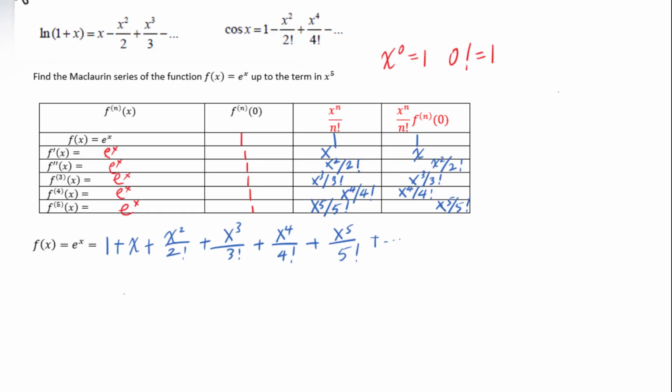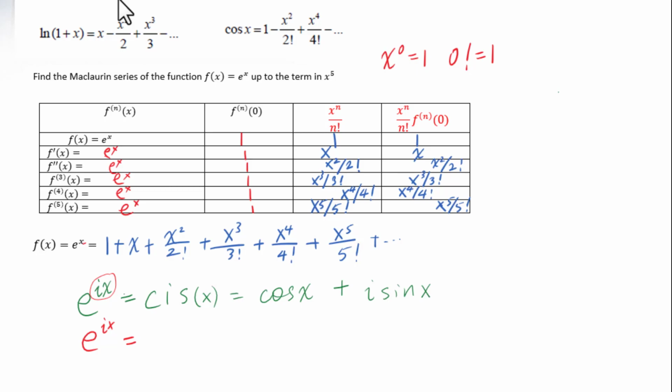For complex numbers, e to the ix power equals cis x, which means cosine x plus i sin x. Let's substitute ix for x. We will get e to the ix power equals, changing every single x into ix,